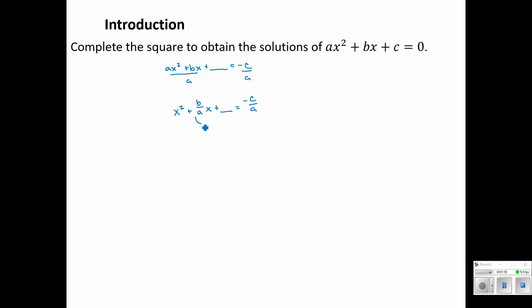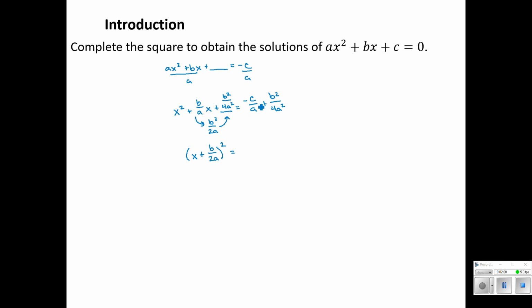All right, if we wanted to continue, we would take that b term, in this case it's b over a, and divide that by 2, so b over 2a. And we would square it to fill in the blank. So here, if we square that, we get b squared over 4a squared. Whatever I add to one side, I have to add to the other. Right? And now we have a perfect square trinomial, x plus b over 2a squared equals, and now if I wanted to combine these together,